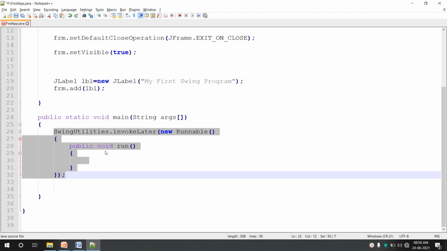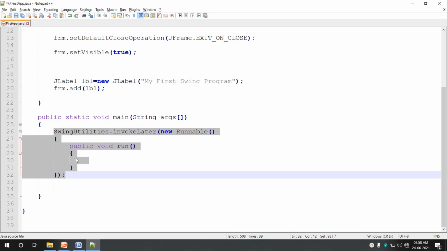Without using Swing Utilities or without creating a GUI on event dispatching thread, many a times a program runs properly, but sometimes it may give certain problems which are very difficult to debug. So it is better to create a Swing GUI on event dispatching thread.